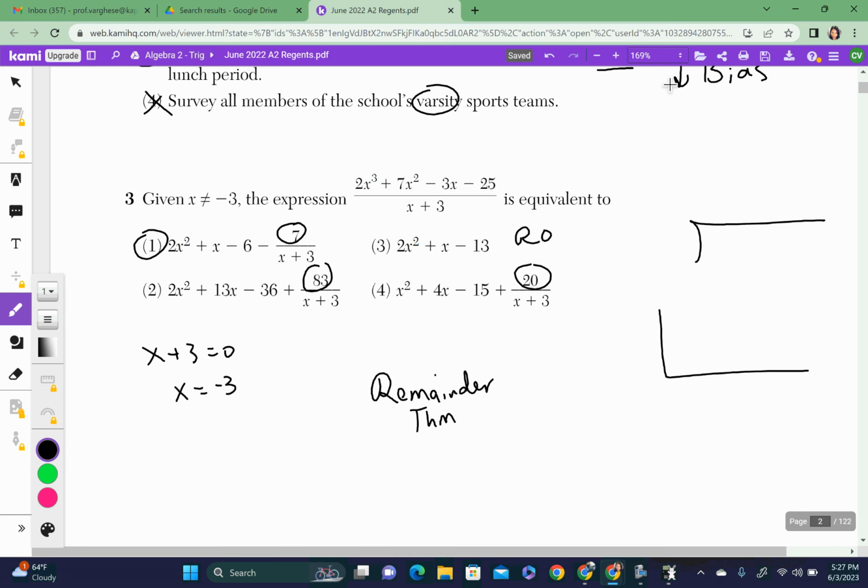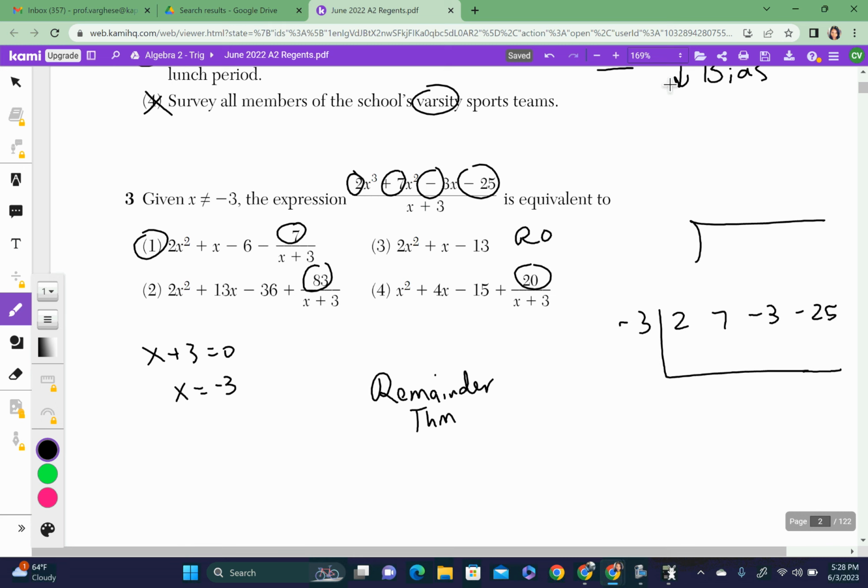Synthetic, I did not teach you synthetic division, but basically what you do with synthetic is you take the coefficients right here, 2, 7, -3, -25. So I'm going to teach this to you really quick. 2, 7, -3, and -25. And then what you do is, again, right over here, we flip the sign here, so x equals -3. So what you do is you say, okay,